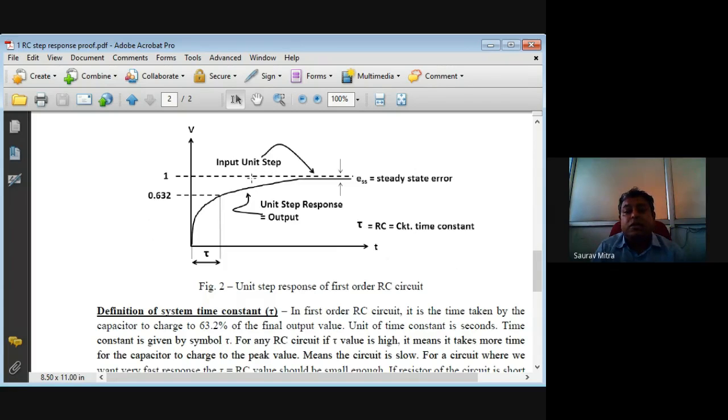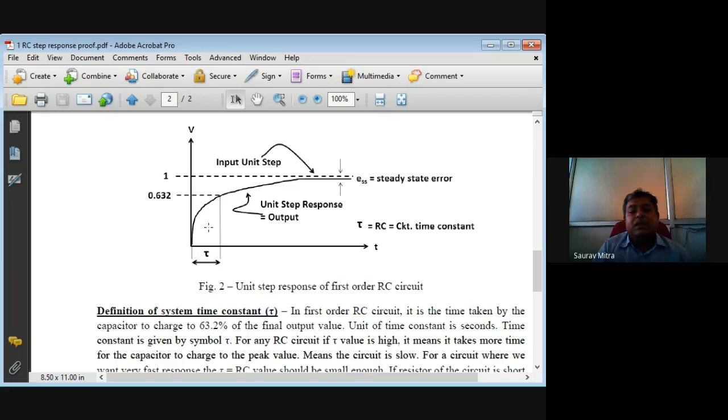So this dashed line at the top, you can check, is the input, and this line which increases slowly initially and then saturates at this point and stays at that saturated response. The initial part you can call the transient response, and whenever the output gets saturated, that is called the steady state response. So this is the characteristic. Here 2-3 different important things are there. How can we calculate tau equal to RC from this characteristic? Remember that this increasing characteristic is a graph of 1 minus e raised to minus t/RC.